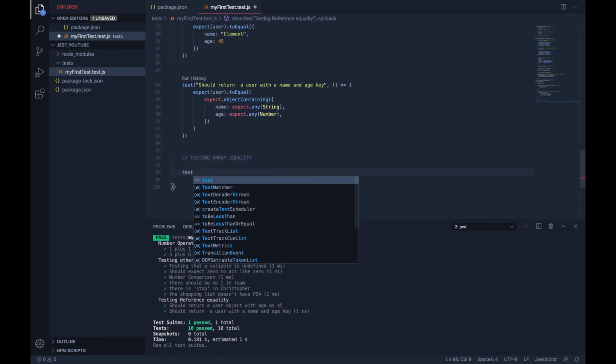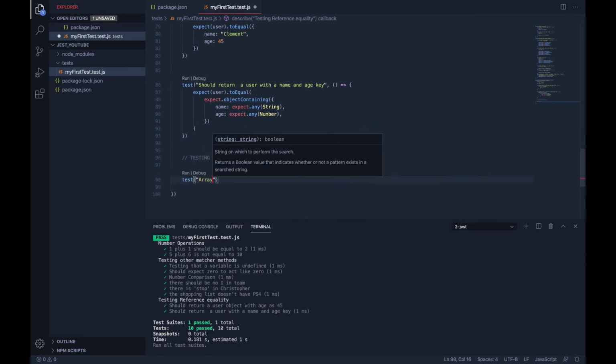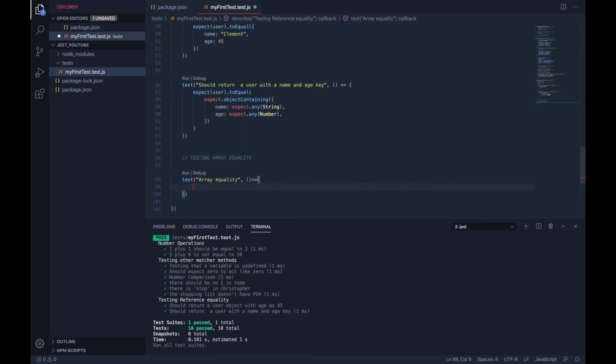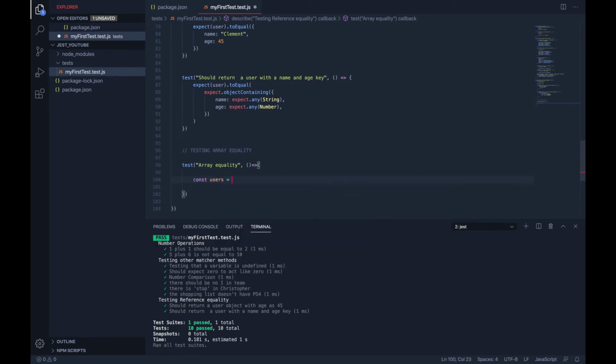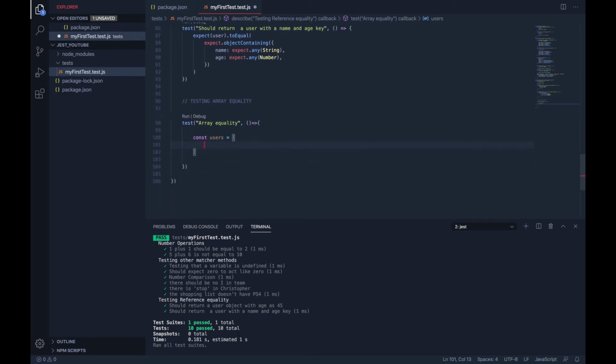And to test array equality, I'm just gonna write a new test called array equality, right? We dealt with arrays shortly, but we didn't really deal with array equality. We just tested whether a string was in an array. But another way we can test array equality is we can say const users is equal to a list of users. In this case, I can say, let's say that list has,